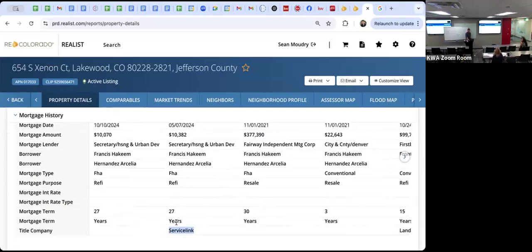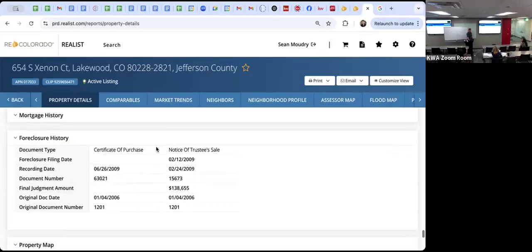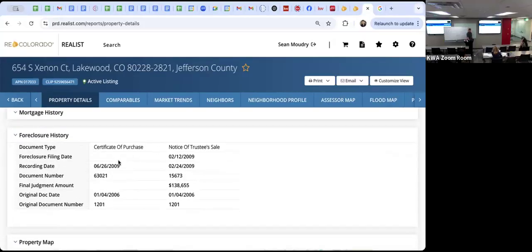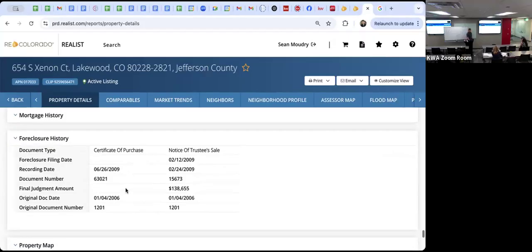That's kind of what it looks like. Oh, Service Link's a title company. That's not the lender. Secretary of Housing and Urban Development. It could be one of two things. It could be their CHFA loan, which would make sense, and then it probably got refinanced, or it could be a forbearance. Scroll lower, won't it tell you if it's in foreclosure right there? Oh, no, it's 2009. It doesn't give you that.